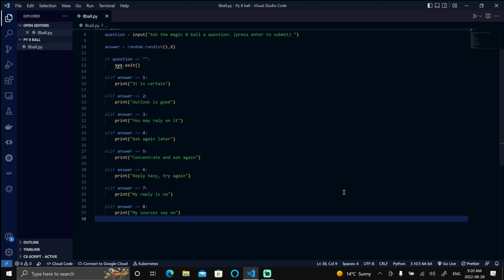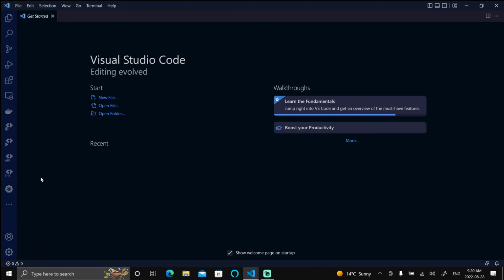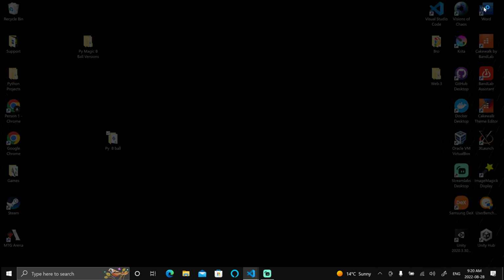Okay, so now that you did it, you were either successful or you weren't. But either way, we're going to go through one of the possible ranges of options that you could make this with. So of course, I'm going to close this editor. You probably want to close the folder. Closing the folder works either way. And what we're going to do